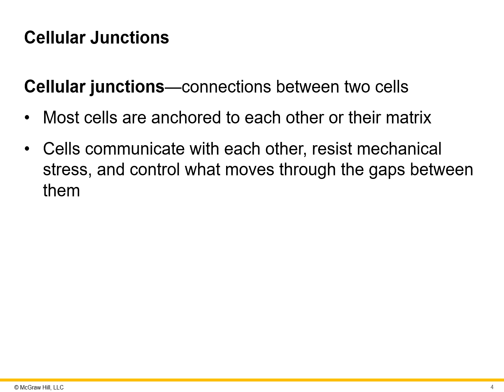When it comes to cellular junctions, think of an interstate junction. It's where 2 or more interstates meet. So cellular junctions are going to be connections between 2 cells. Most cells are anchored to each other or to their matrix. And these cells communicate with one another. They release chemicals and actually communicate to